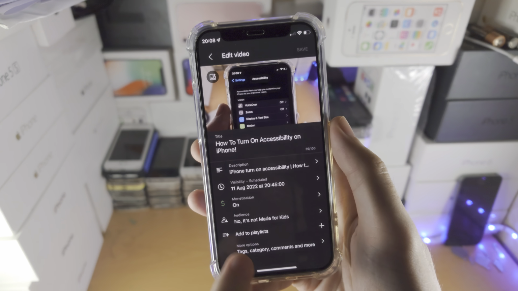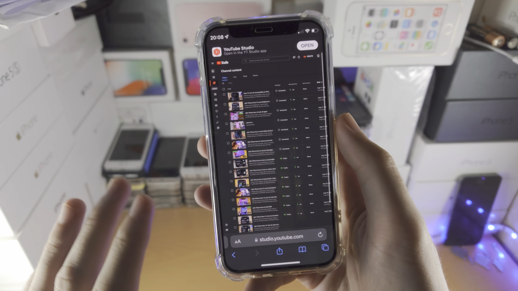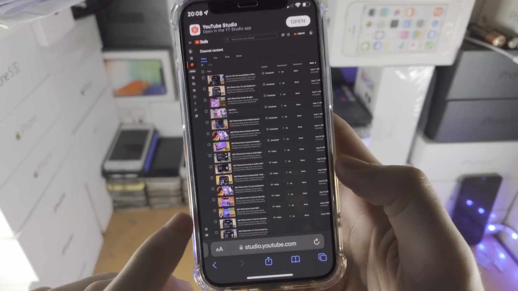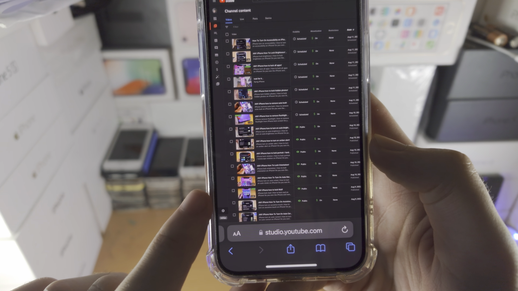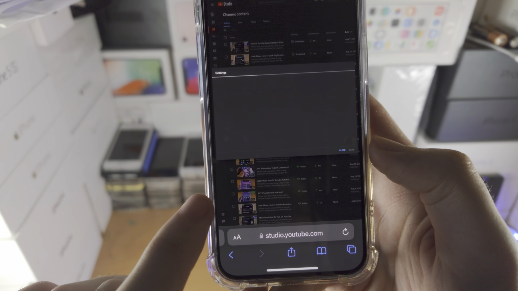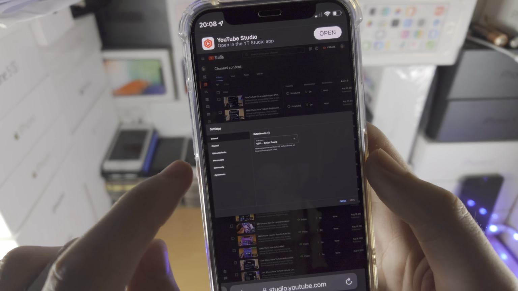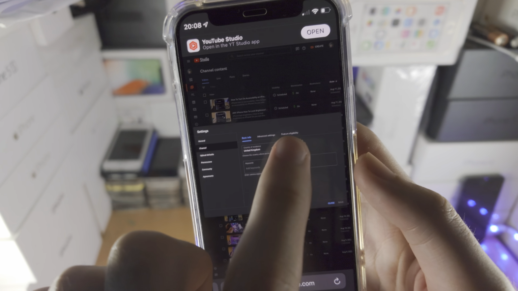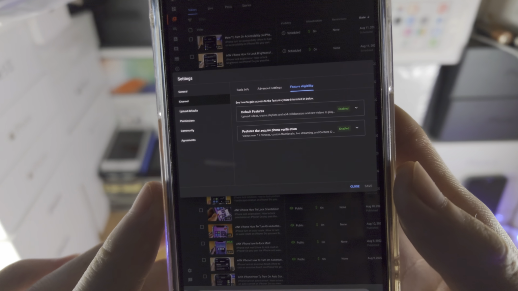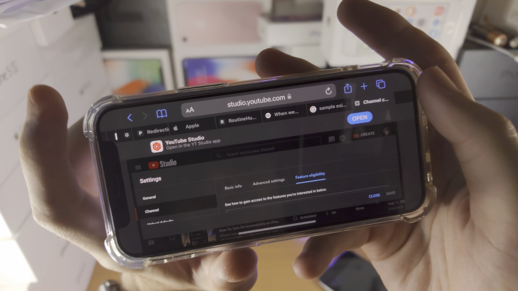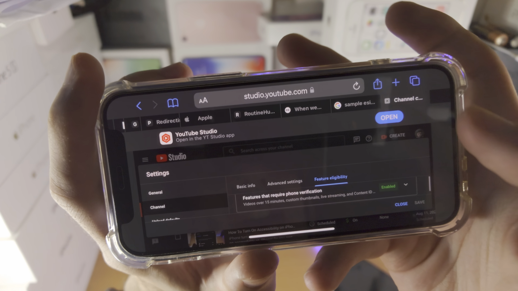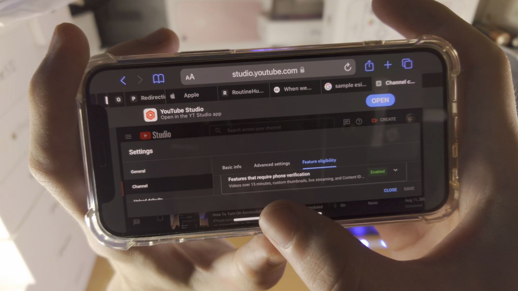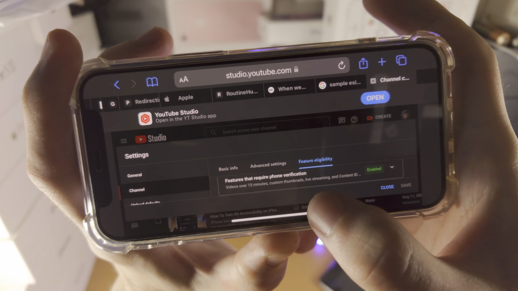If this is not working, then you're going to have to head over to the studio.youtube.com website. You're going to tap on the little settings icon here, like so, boom, and then you're going to tap on channel. You're going to tap on feature eligibility, and I'm going to put my phone into landscape mode so you can see this. You see features that require phone verification, and the features are videos over 15 minutes, custom thumbnails,